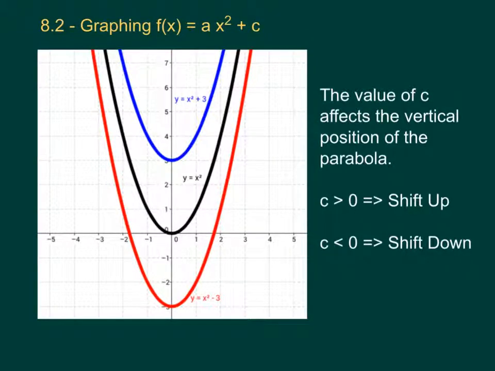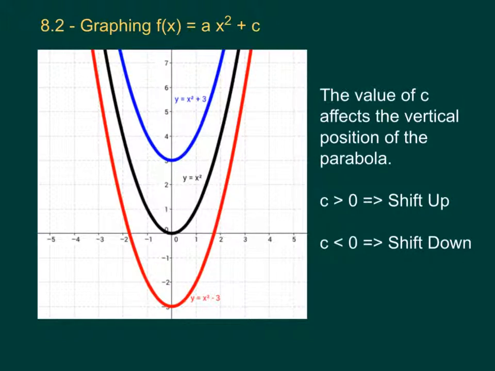Section 8.2, graphing f of x equals ax squared plus c. We are going to expand on our parabolas as being more complicated in their equations. Rather than just f of x equals ax squared, we're now going to add a constant c onto the end. Now the value of c affects the vertical position of the parabola, and it's easiest to identify looking at the